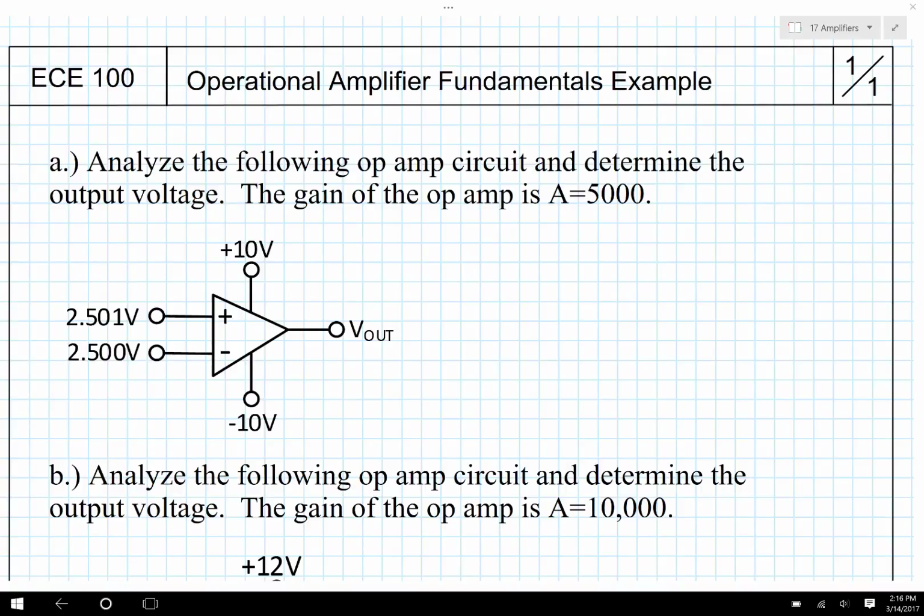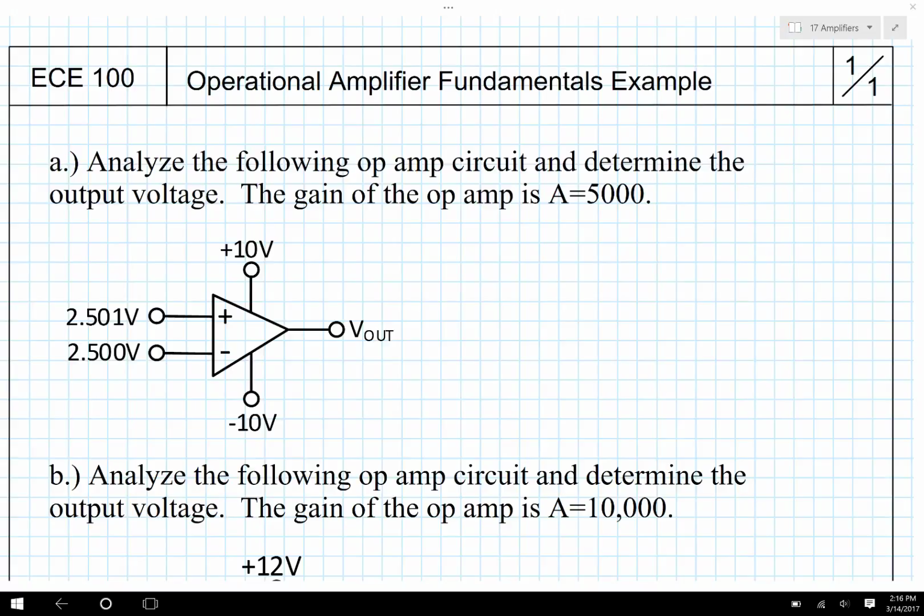So in this example, we're going to look at some specific inputs and outputs of the operational amplifier. I have to tell you that the configurations we're looking at in this example are very simplistic, and we would almost certainly never use these in a real-world circuit, but it's the first step toward the real-world circuits we're about to consider. So in part A here, you can see that the two inputs are very close together, 2.500 and